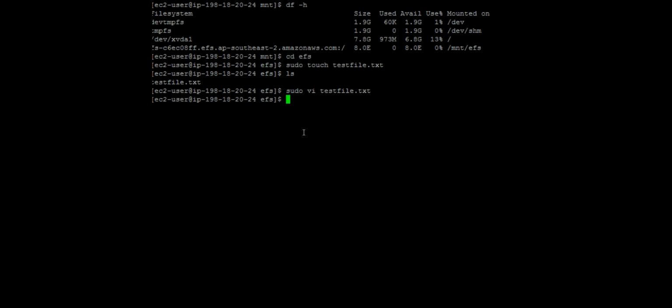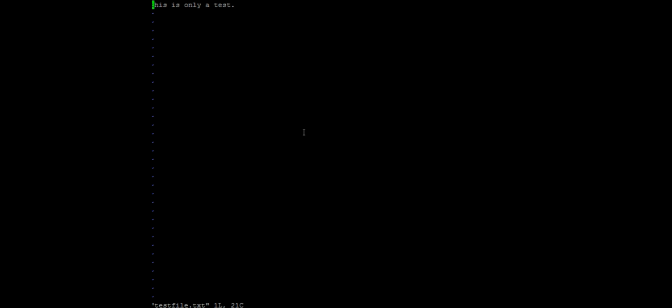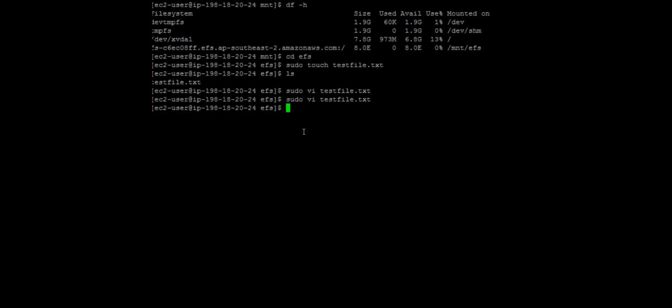Okay, and let's go back into the file. And there's our data, so definitely confirming that works. Alright, so that's pretty much how to get it up and running. Next, we're going to do some metrics testing to see our performance for reading and writing data to our EFS